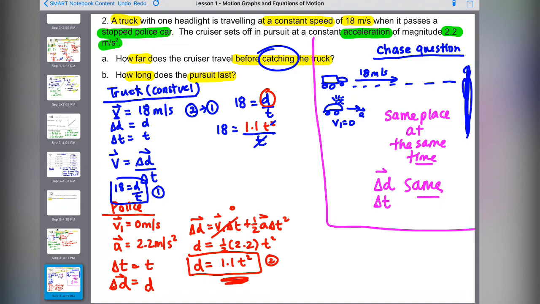Do you see how this cancels with each other? So to rearrange the equation, I now have 18 equals 1.1 t. So 18 divided by 1.1. I end up with t is